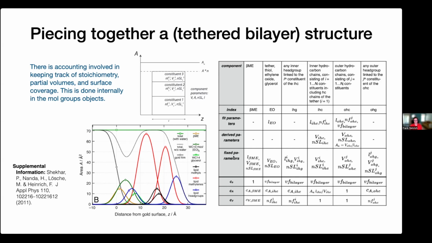It basically takes into account, once you have constructed your bilayer, or let's say a single molecular group in terms of a unit volume, one group that you want to place on such a canvas, how much of that group you actually have is modified by the overall surface coverage of that group, by the actual volume of that group, by the stoichiometry, let's say one head group to one tail, that's a one-to-one stoichiometry, but also by other modifications, like if you have an outer leaflet